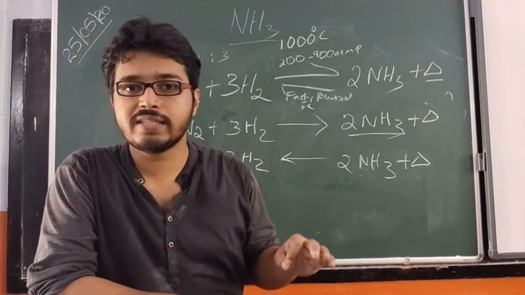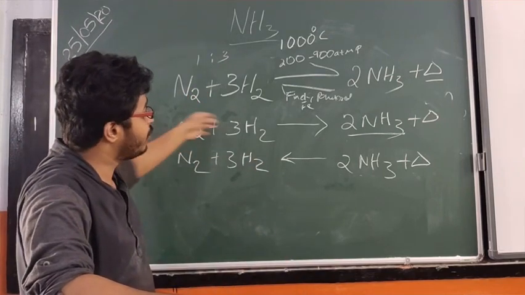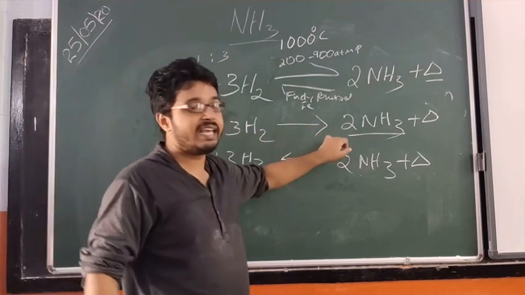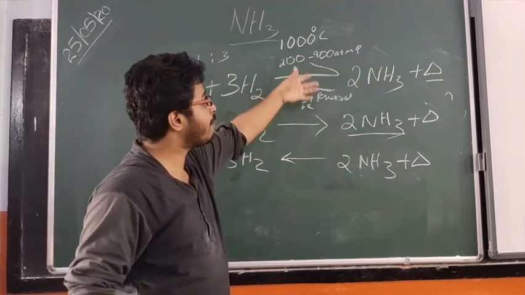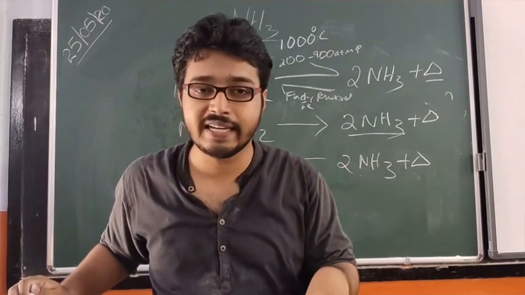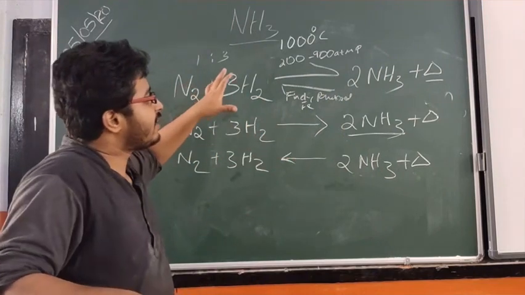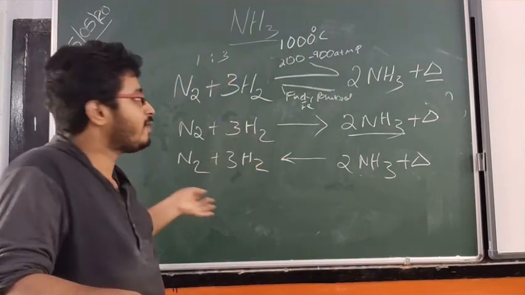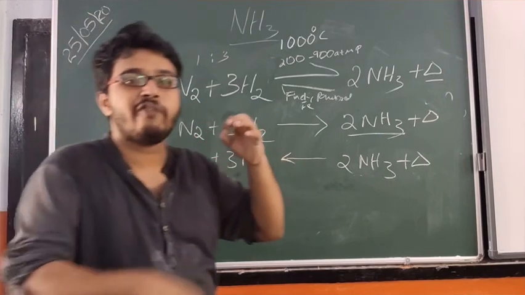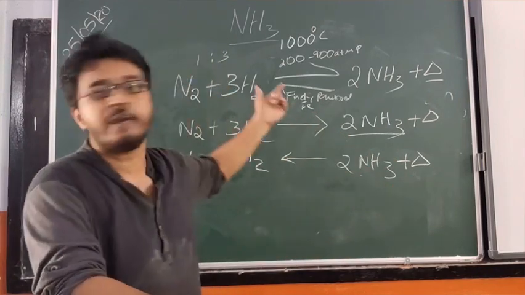So if you are doing the forward reaction, that is N2 + 3H2 → 2NH3, it will increase the temperature further, and that is not favored. The favorable temperature was 450 to 500 degrees Celsius. The catalytic chamber won't support a further increase of temperature; instead of increasing the temperature, it prefers to decrease it to the optimum condition.